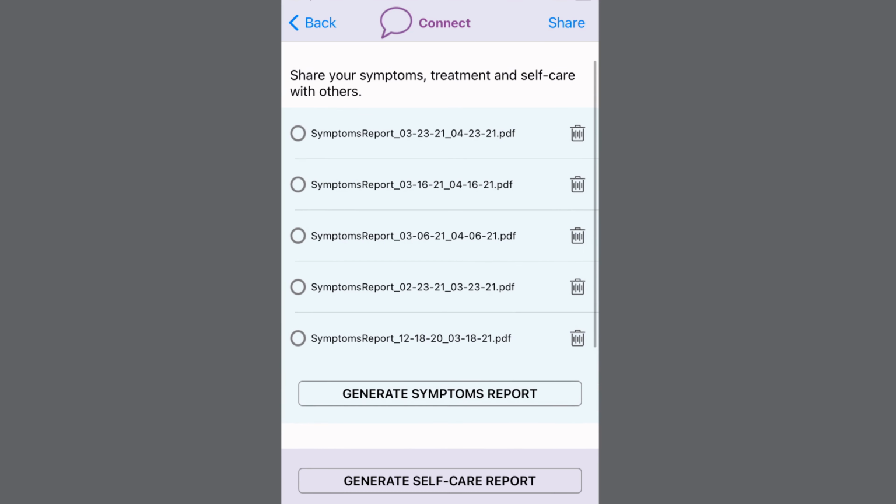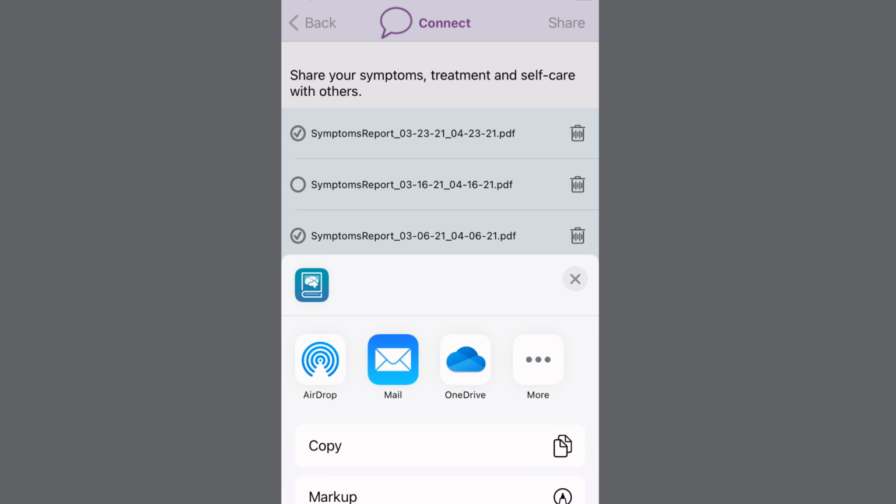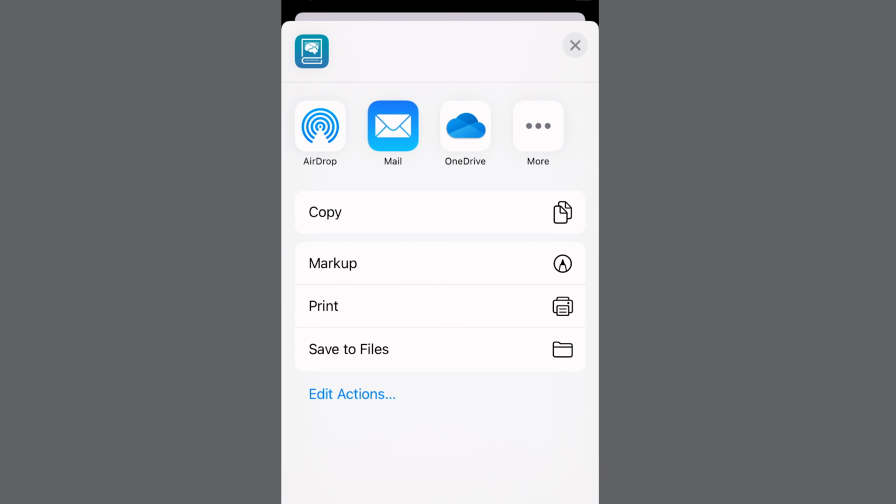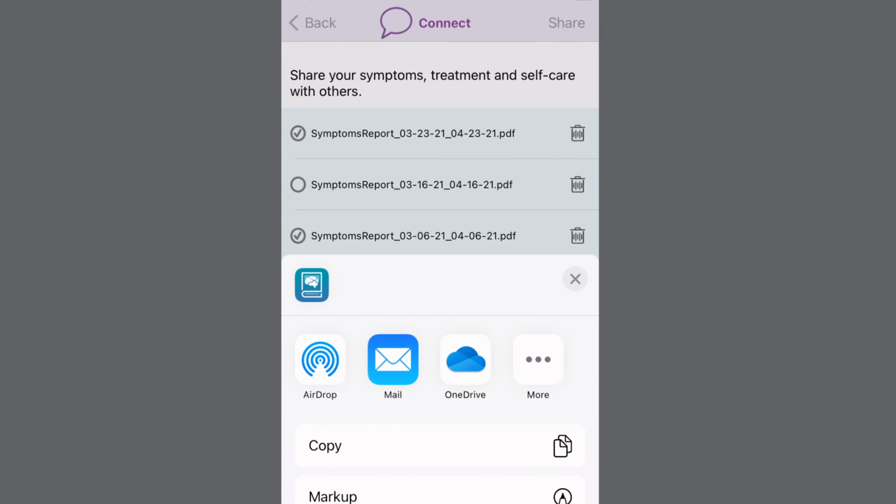These can be shared and saved by selecting the document, then click on the Share button at the top right. You can select multiple symptom and self-care reports to share at the same time. Then your phone will give you options on how to share using your other apps, email, or saving to your files. This can be an easy way for you to send to your loved ones, support network, healthcare team, or at an upcoming visit. You can also save to a medical record app if you have one stored on your phone. Screen showing phone options to share, such as AirDrop, email, OneDrive, or download.